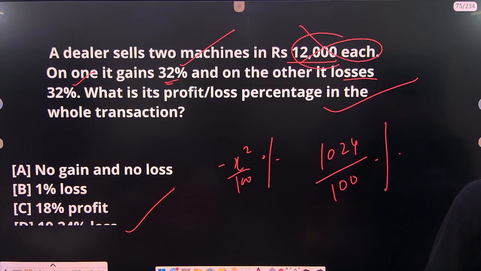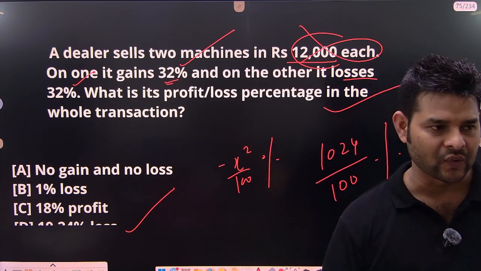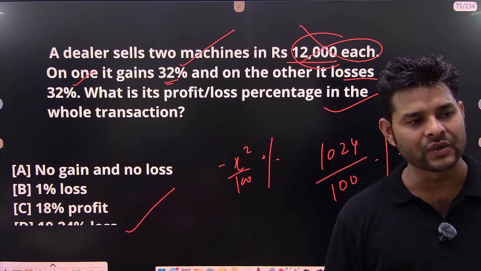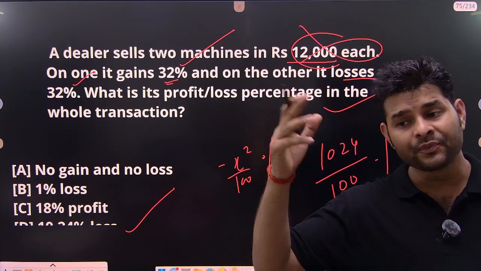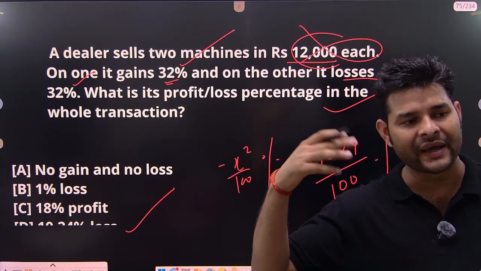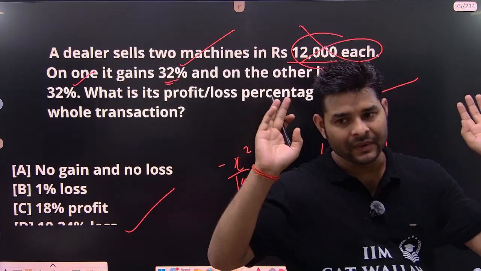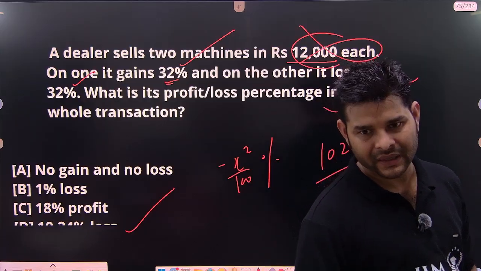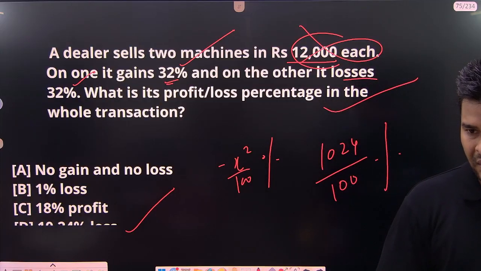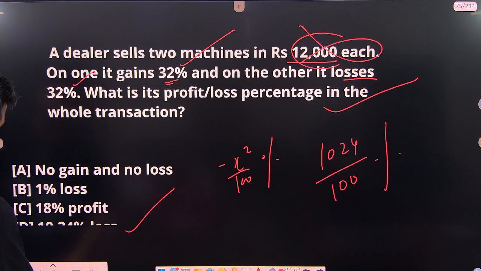Directly you can plug in that formula, but that formula can be plugged in only when the profit percent and loss percent are equal, and the previous formula can be used when the profit percent and loss percent are different. But in both formulas, one thing is very common: the SP of both the articles must be same, otherwise you can't apply any formula. Are you getting clearly what we are explaining? Got it? Now let's move on to the next type.